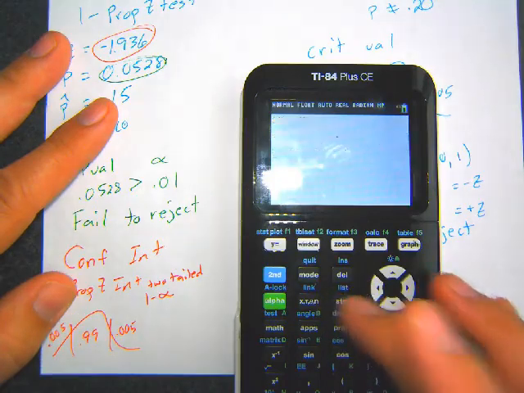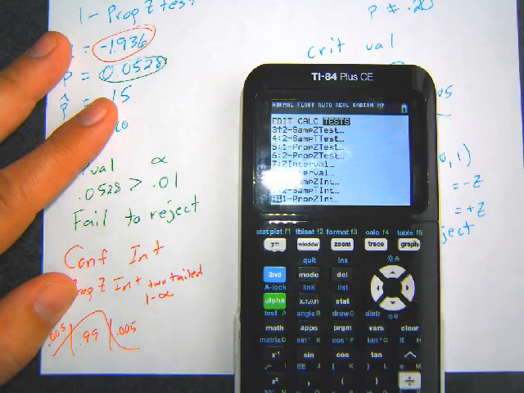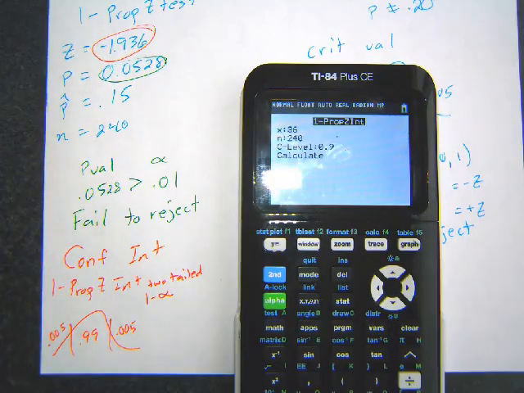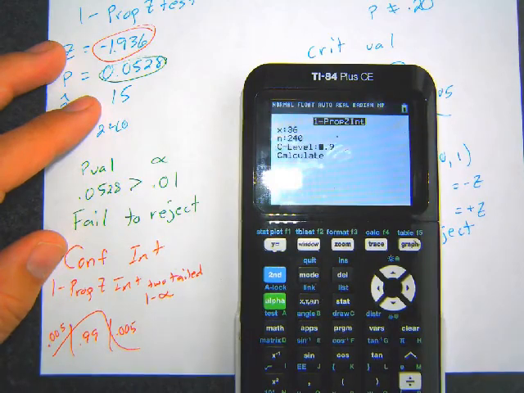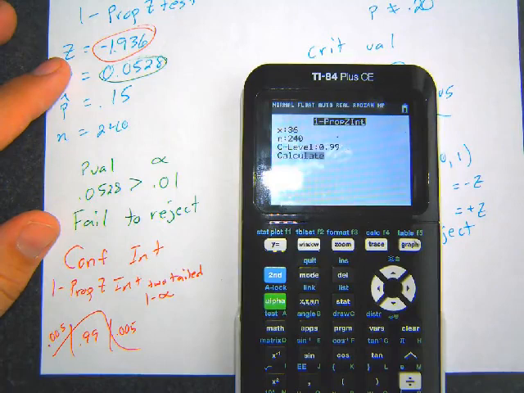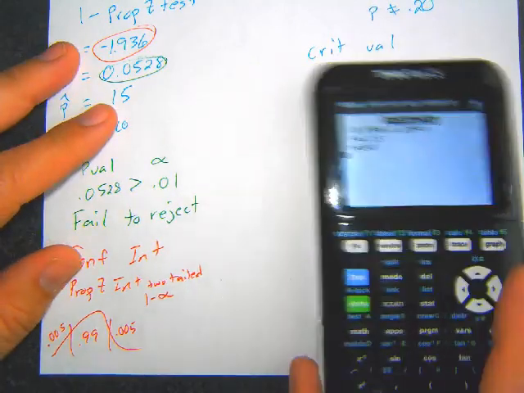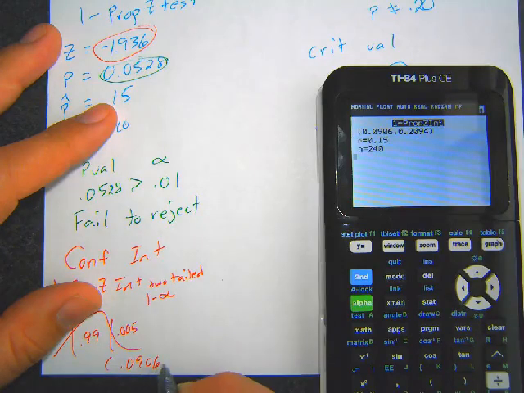So we're going to do stats, tests, one prop z interval. Our number of successes was 36. We figured that out. 240 was the number sampled. And then 0.99 is the confidence level. If we calculate, we get 0.0906 to